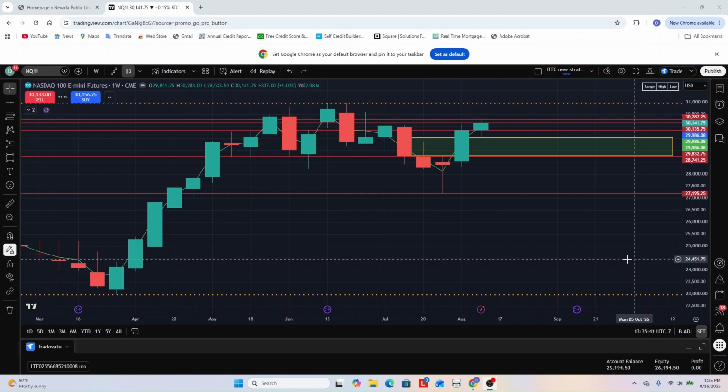So whenever you're marking out areas, always make sure you start on a higher time frame. Higher time frames always take precedent, okay? So you find your area on a higher time frame and you use the lower time frames to actually execute your trade. What I have up is my weekly time frame, and basically all I'm doing is looking for the